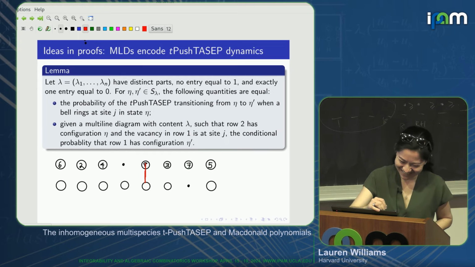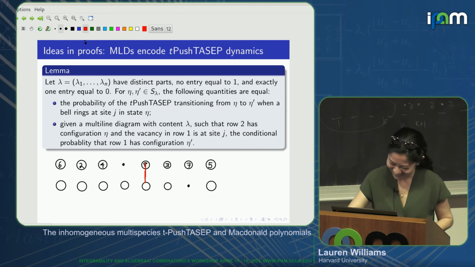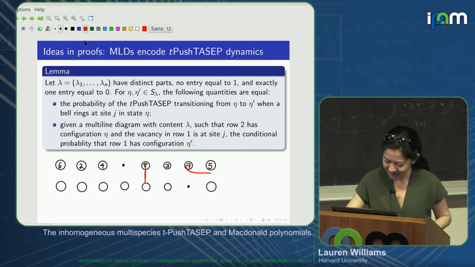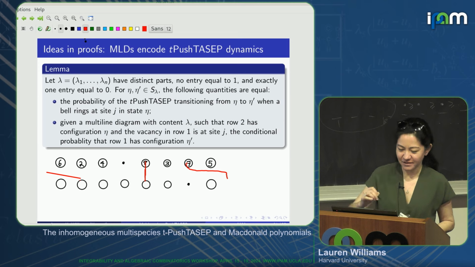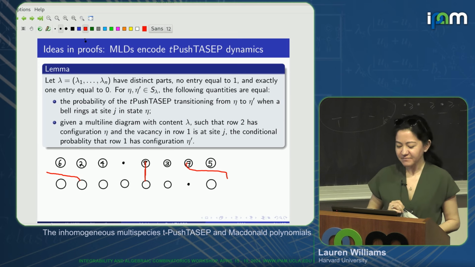Let's say it wraps around and joins up with that ball there. OK. Then in my multi-line diagram,